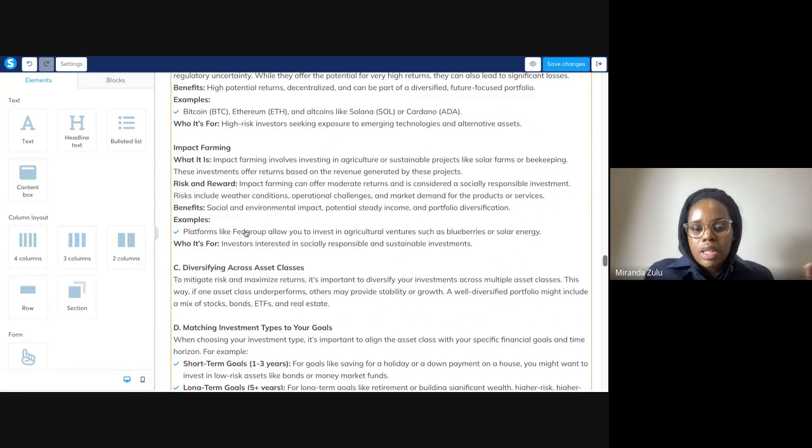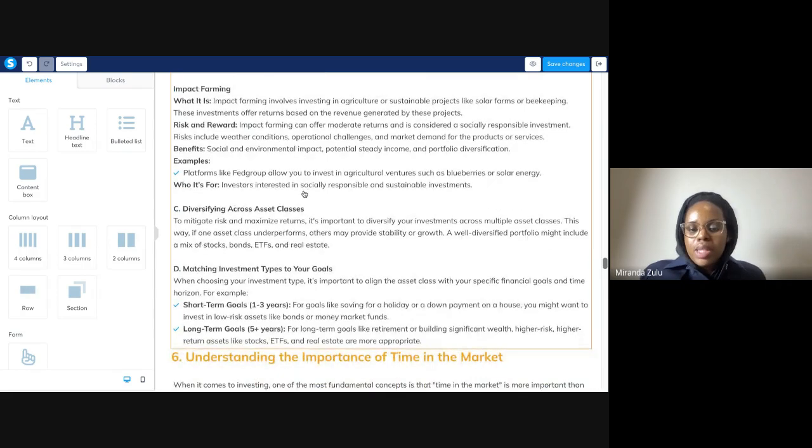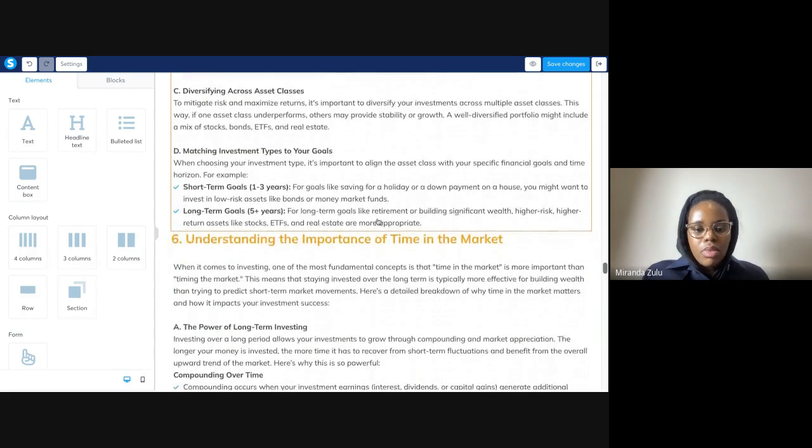And I have invested with Fed Group. I've bought blueberries, macadamia nuts. What else? I think I've got like 3 different types of impact assets. And the nice thing about them is you own that for the time period or the lifespan of that asset, and you get returns over time. And so I like this. I enjoy this type of investment. So it's a nice diversification.